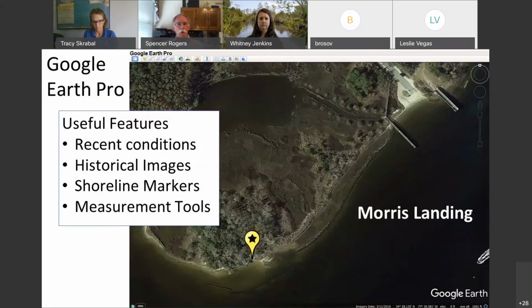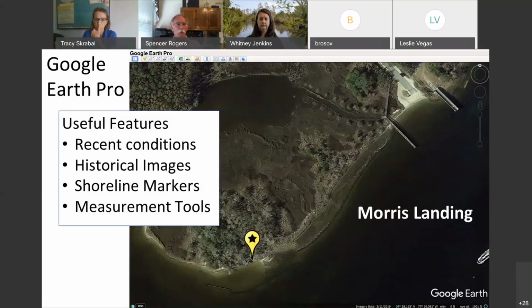Well, a very important tool I find is Google Earth Pro. Google has changed the names of some of their products recently. Google Earth has been around for a good while. There's some mobile versions that don't offer some of these features, but the desktop computer version that I'm showing here is now called Google Earth Pro, and it's got some features that are very useful that we'll take a closer